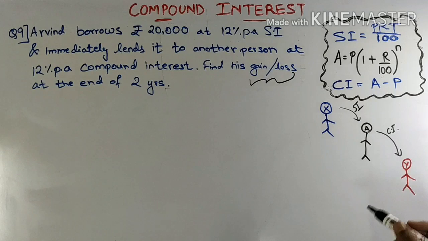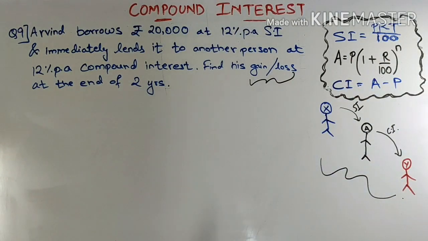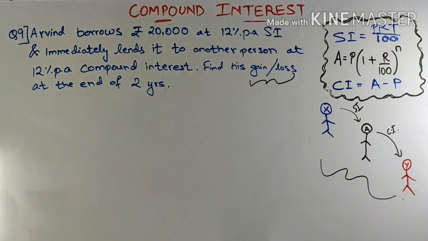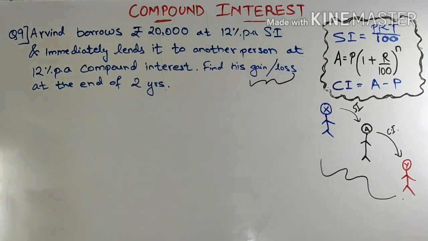So when they meet again, obviously they'll have to return the money. Y will return to Arvind, and Arvind will return to X. So in this net transaction, we are supposed to find whether it is a gain or a loss for Arvind, whether his smartness wins him some money or he is in loss. If this is profitable and you are smart and good at math, you may be doing this at your own level also, but you need to be honest while mentioning that it is simple interest or compound interest.